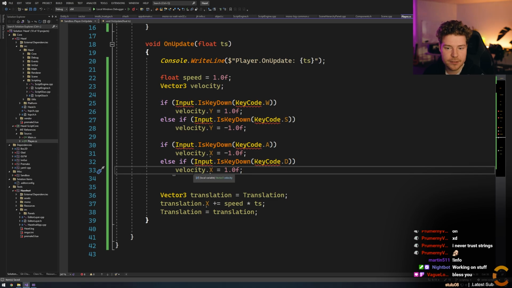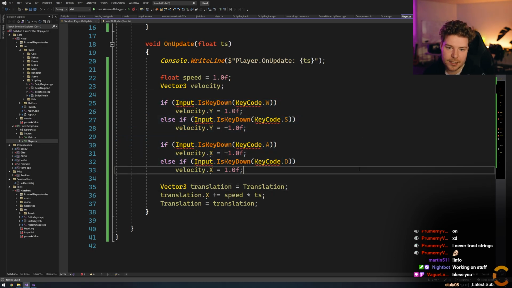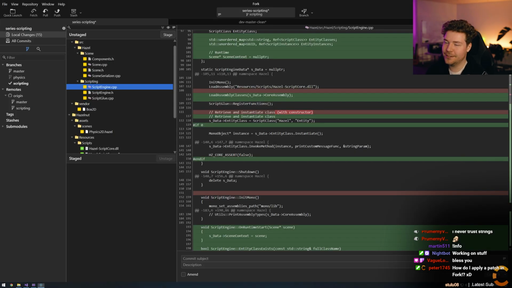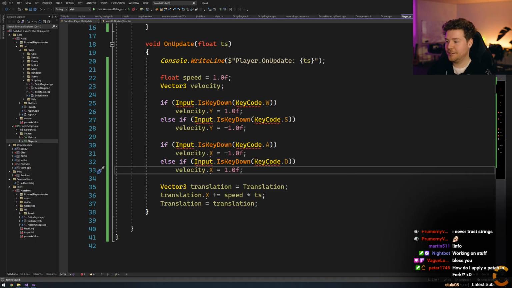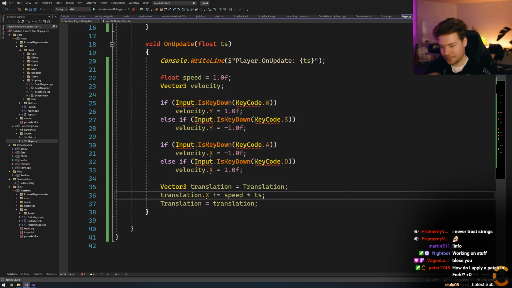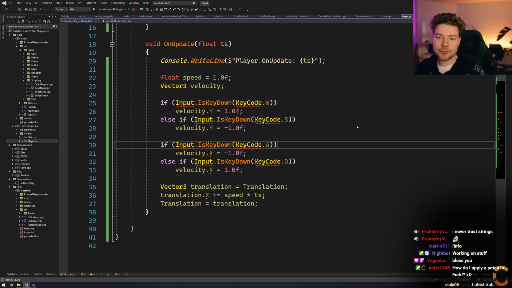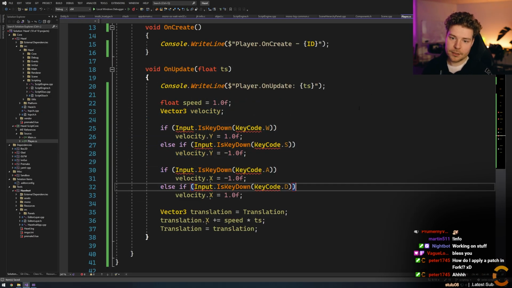Thank you guys for the bless me's. And how do I apply a patch and fork? Repository, apply patch. Little tutorial for Peter there, real quick. Anyway, so